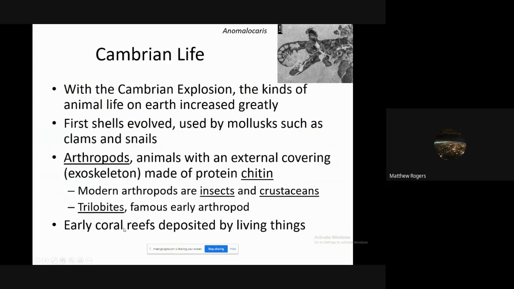We start seeing corals and sponges and things that look a lot like today, and we start getting a lot of coral reefs, and that's going to expand how many jobs exist in especially the water. When it's just deep ocean, there's not a lot of jobs or energy going into those systems, but coral reefs have a lot of energy. It's one of the reasons why coral reefs have so much diversity of life, because they're shallow, so the sunlight's there, the water, all the nutrients, all the living things. It's a great place to evolve. And so coral reefs evolving is huge.